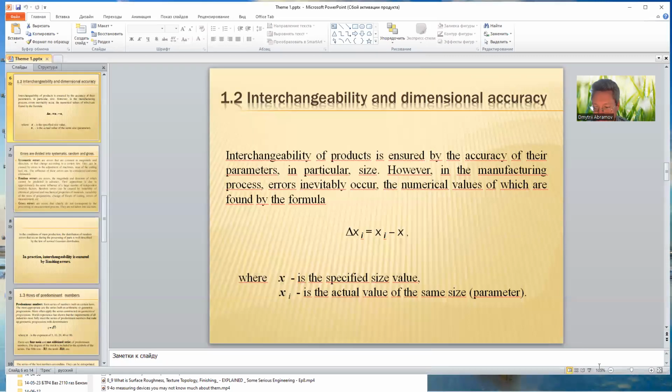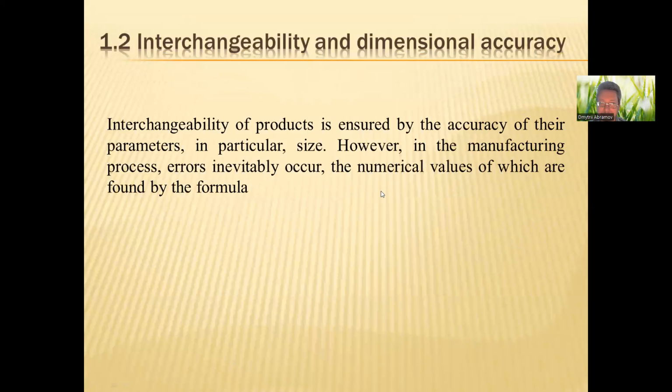And now we return to our presentation. We start item 1.2, interchangeability and dimensional accuracy. Interchangeability of products is ensured by the accuracy of their parameters, in particular size. However, in the manufacturing process, errors